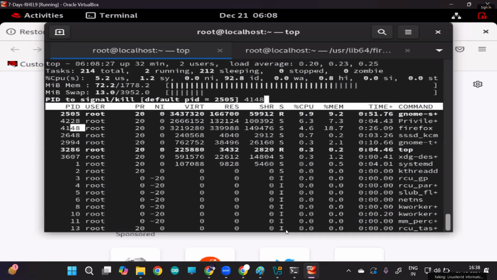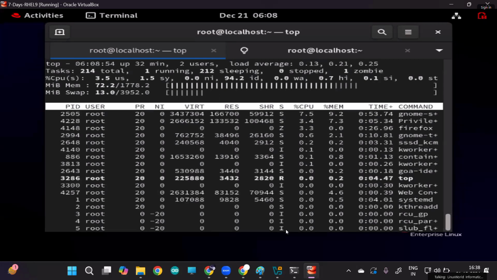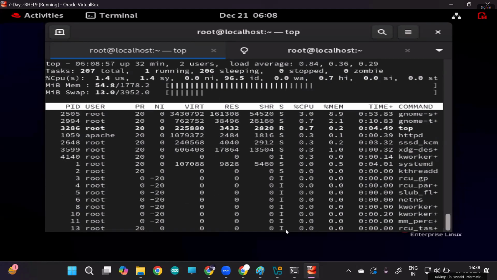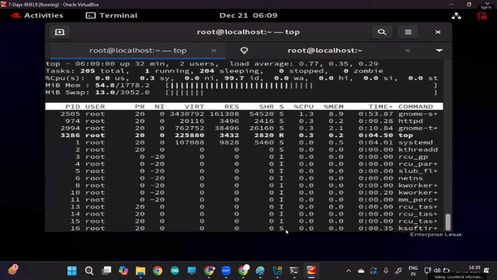So from the top command also we can kill. And you know what they're asking? Signal. Which signal you want to pass? For killing, what is the signal name? 9. Enter. Fantastic, right? This is how it works. So for process, this is called process management. You want to increase the nice value, more priority, see the analysis,